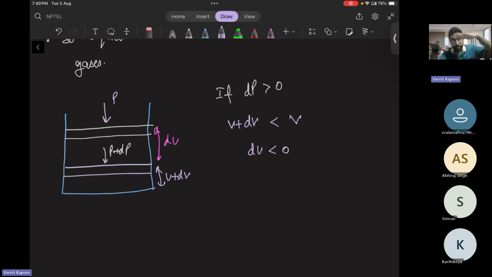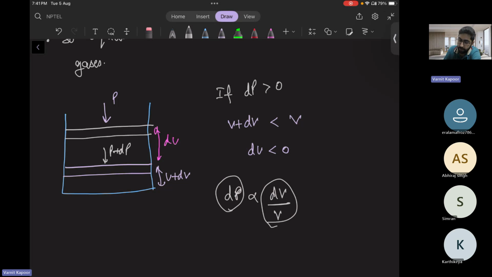By pushing the piston in the cylinder, which has a fluid inside it, your volume has decreased. So we can say that the change in pressure is directly proportional to the change in volume with respect to the initial volume. If you increase the pressure, the change in volume is decreasing. So this value will be a negative value because dV is negative,